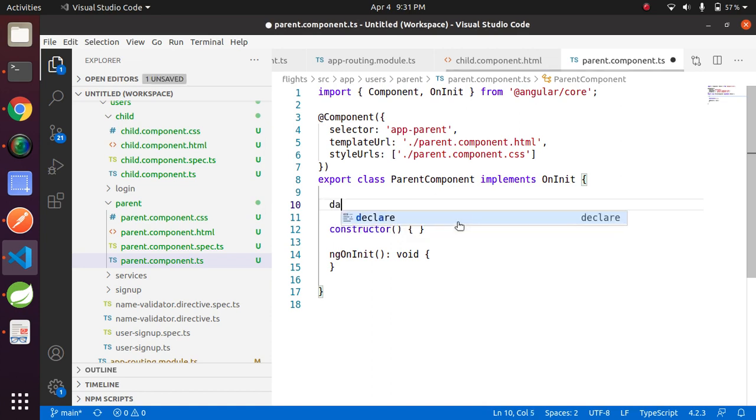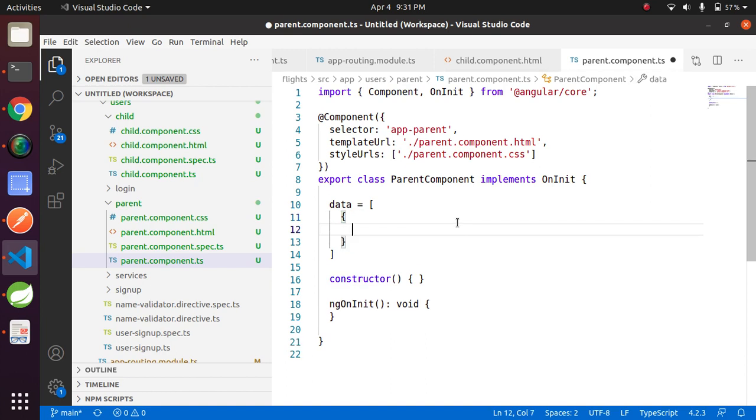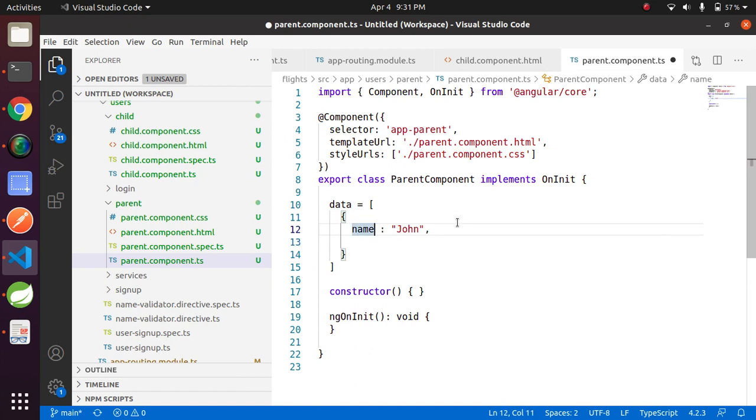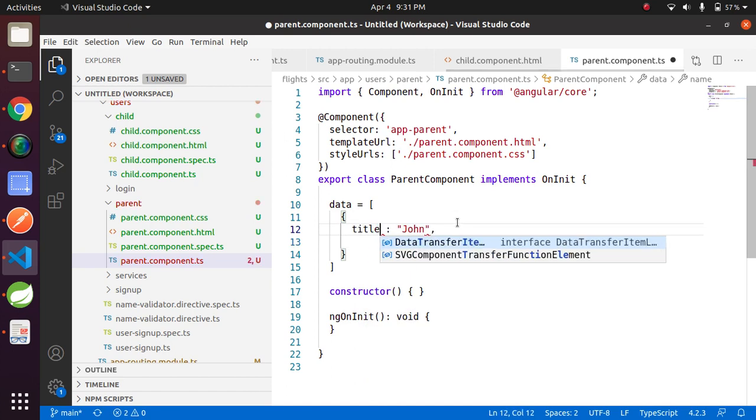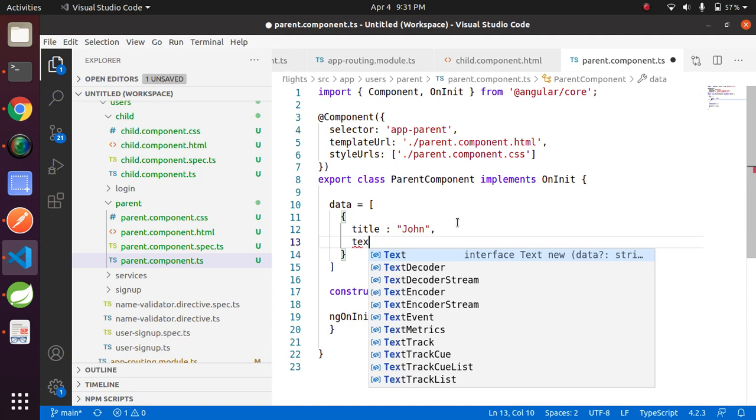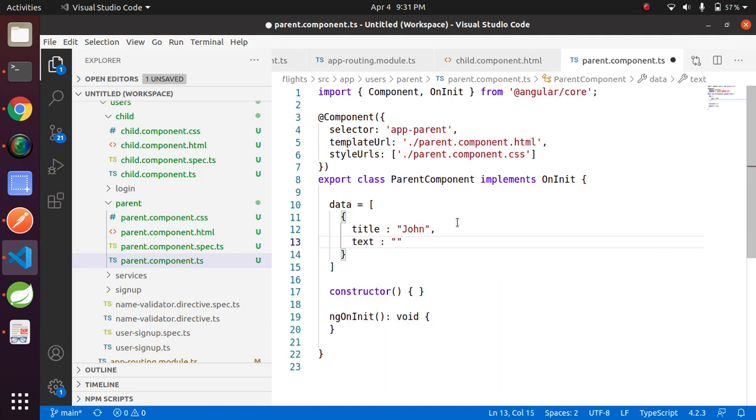Let's add it. data equals to, let's add here title John, sorry, title, text, software developer.